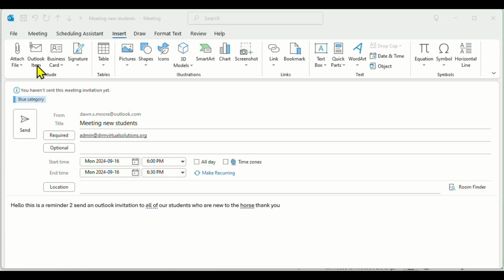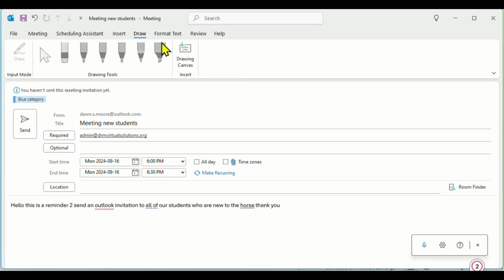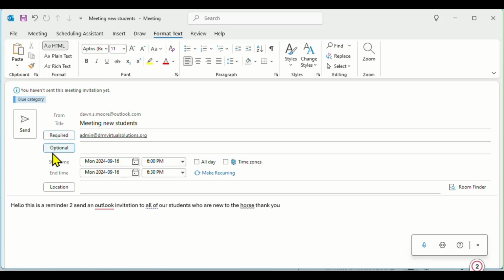We can insert an Outlook item, business card, insert table, pictures, icons. We can even add links, etc. to your meeting. We can go to draw. We can format the text. So if you didn't like how this looked, which I really do not,